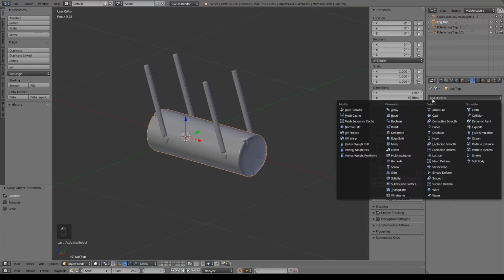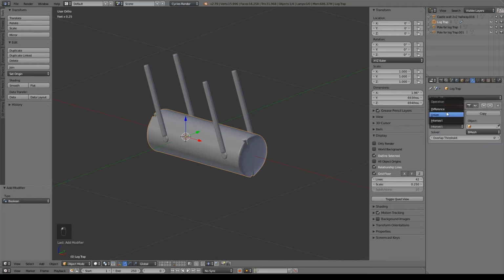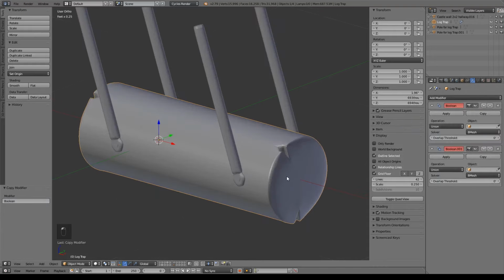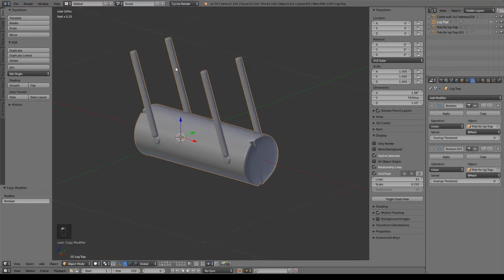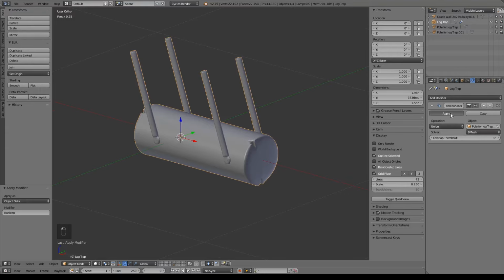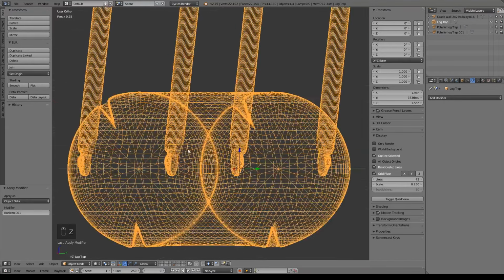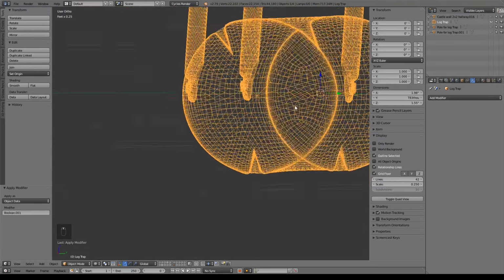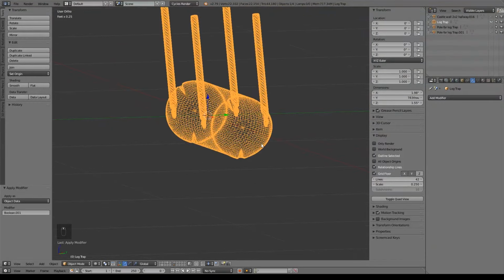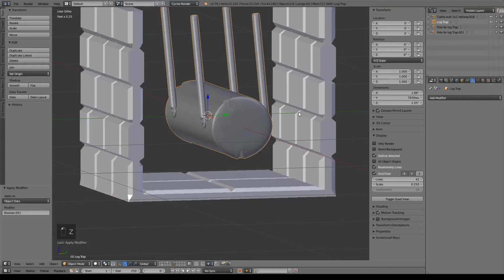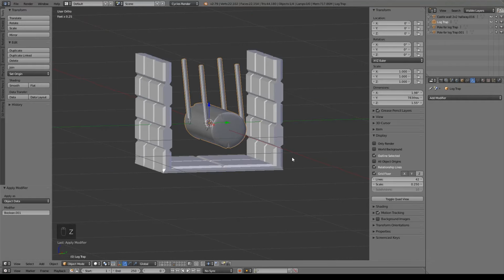So we're going to go ahead, do Boolean, union, and we're going to need 2 of those. We'll do this set of poles first, and then the second. They don't disappear, so I'm just going to go ahead and apply that. And they do intersect perfectly. So now you're probably wondering what we do next, since right now it's still just floating magically and there's no